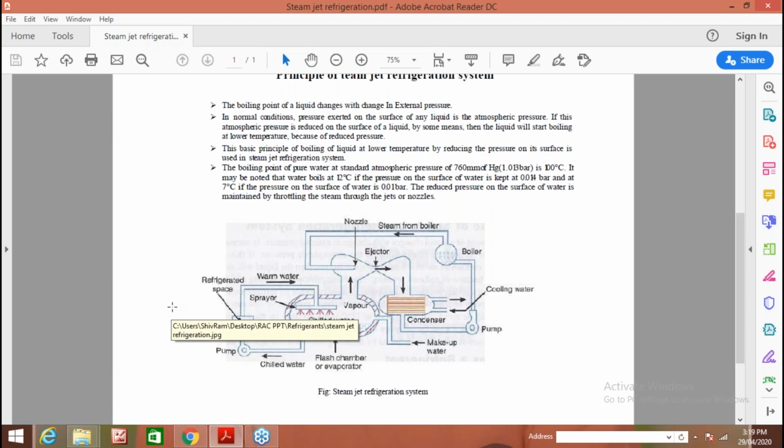Now, what is defrosting? In our refrigerator, we have seen that in the freezer, after some time ice is formed. What is the disadvantage of this formation of ice? It reduces the heat exchange between refrigerant and evaporator. So it is very essential to take that ice out, or to defrost that ice, so that heat exchange between evaporator and refrigerant should be normal or increase.